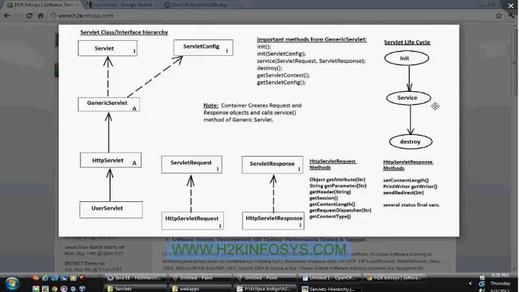So the service method is the heart of your servlet life cycle, and a number of threads will be created, and each and every thread will consist of its own doGet method or doPost method based on the request type, and once the request has been processed by the doGet or doPost, the response will be sent back to the container. But currently we are specifying the service method here, and we are overriding doGet or doPost. The service method is available at the top level, and